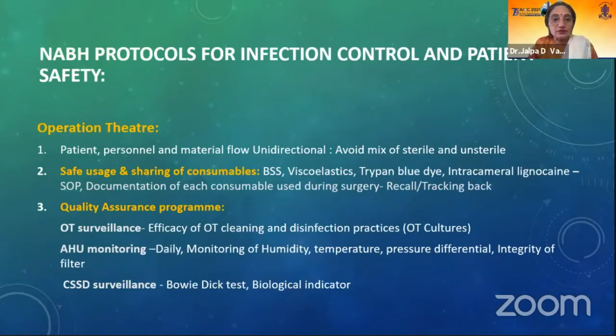Regarding CSSD surveillance, we believe that sterilization is adequate when the color of the indicator has changed. This color change just indicates that the process is executed. It doesn't say that the machine has delivered adequate temperature or pressure for an adequate holding time. So to assess the efficacy of the performance of the machine, validation of the sterilizer is required. Now, how to do that? As Dr. Haimanti said, the Bowie-Dick test can be used for the autoclave machine before starting your first load, and biological indicators have to be used at least once in 15 days as per NABH guidelines.